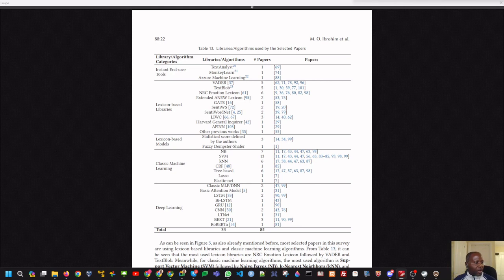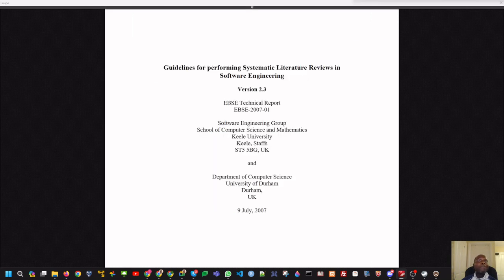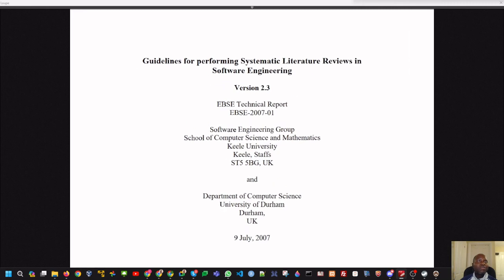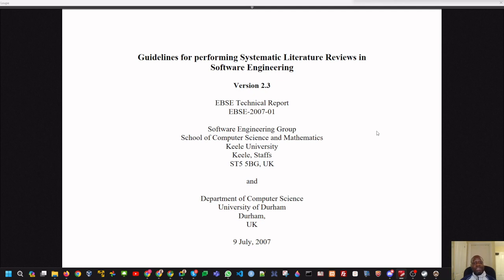Now, right, that was the paper. Now the question is, let's look at Kitchenham. Kitchenham is the methodology that they applied. Let's look at Kitchenham. Kitchenham published a paper which you see on your screen at the moment. That paper is more or less like a guideline. It was published in 2007, and Kitchenham is based at